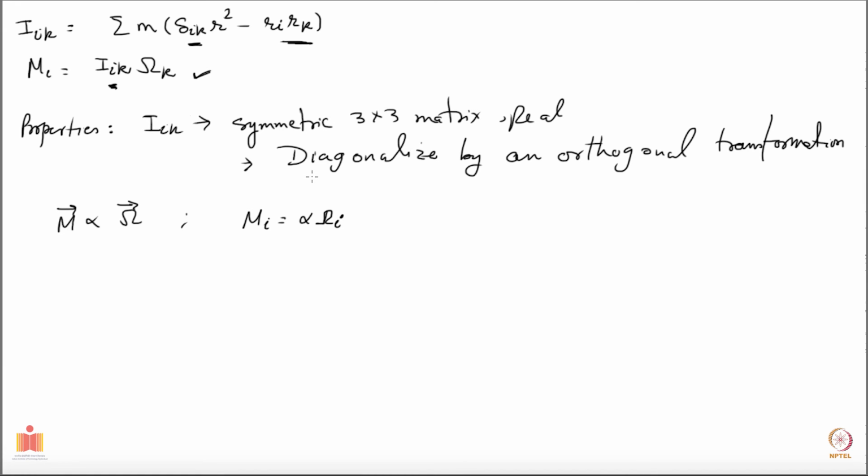Now you may ask why you have seen before that your omega and M always were in the same direction. It's because you were looking at very special geometries of rigid bodies, and those objects were also made to rotate along some very specific axes, and that is why you are always seeing M to be proportional to omega in your previous experiences. We'll come back to all this later in more detail, but for now I just want to write down the most general expression for the inertia tensor I. So let's look at this.